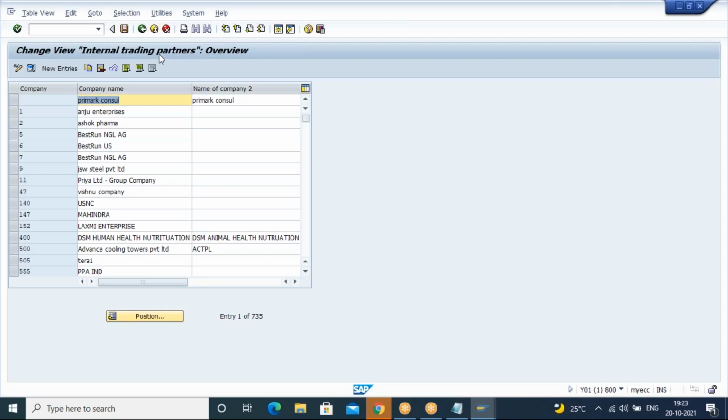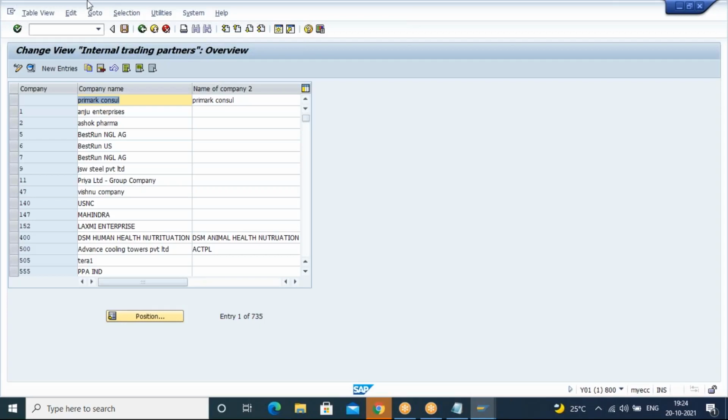So we need to go with the navigations. But whenever you want to display or check something, we can use the T code method if you know that particular SAP screen, and then proceed with our configurations.